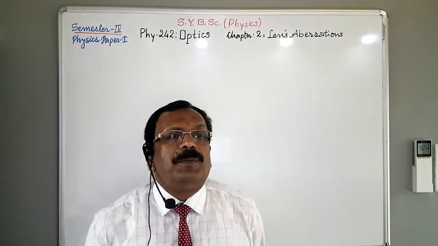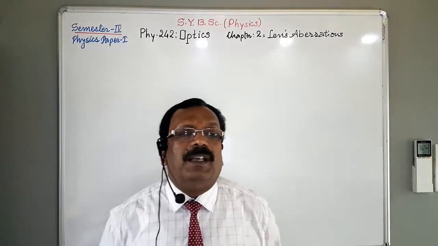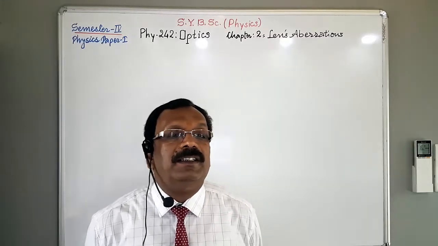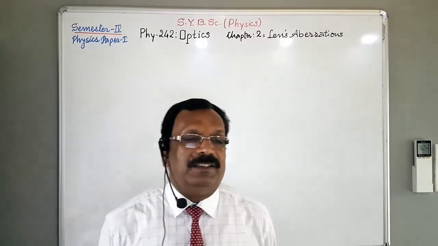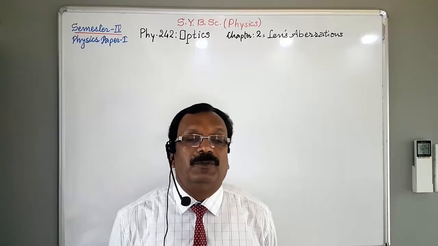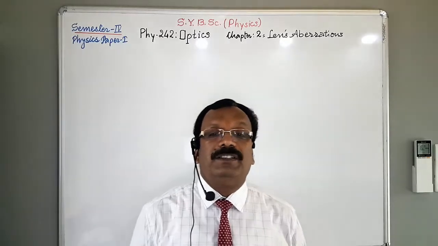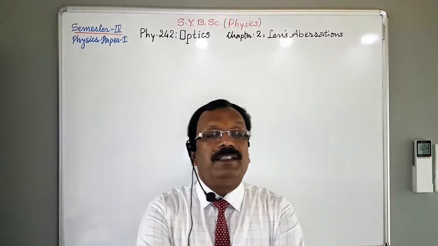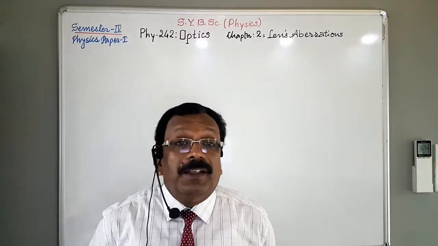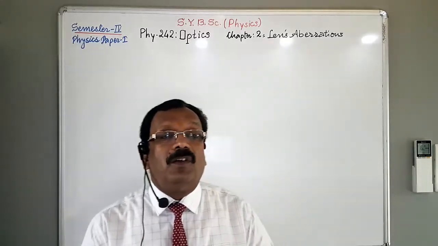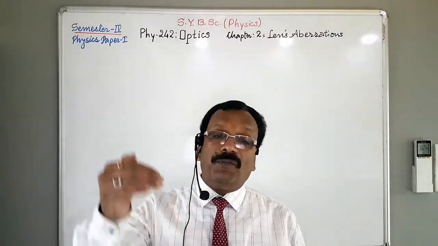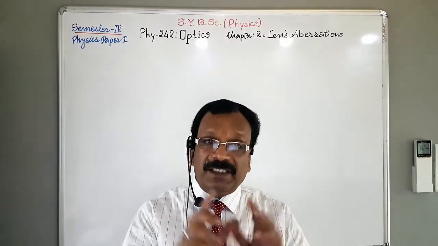In case of spherical aberration also, the image of a point object situated on the axis of the lens is in the form of a circle. We studied this. In spherical aberration, the image of a point object situated on the axis of the lens is in the form of a circle of varying diameter along the axis. Whereas in chromatic aberration or coma, the image is of a point object situated off the principal axis, not on the principal axis. This is the main difference.